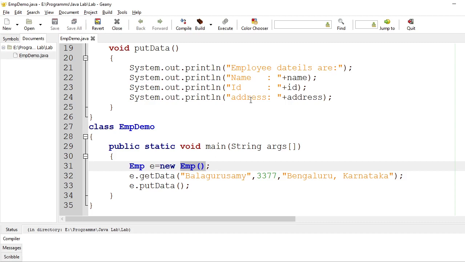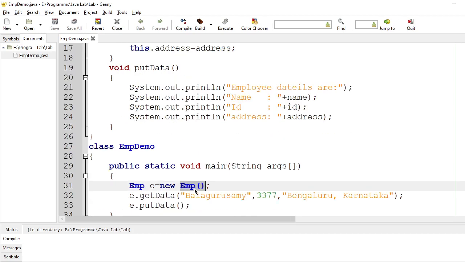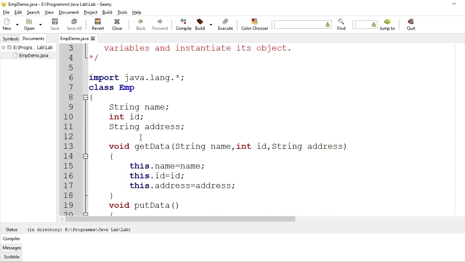You may wonder, sir, I have not created any constructor here, so how is it possible to call the constructor EMP? Remember, if I am not explicitly creating any constructor, the compiler itself creates a default constructor.